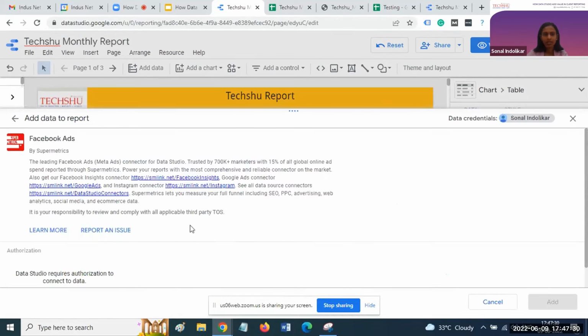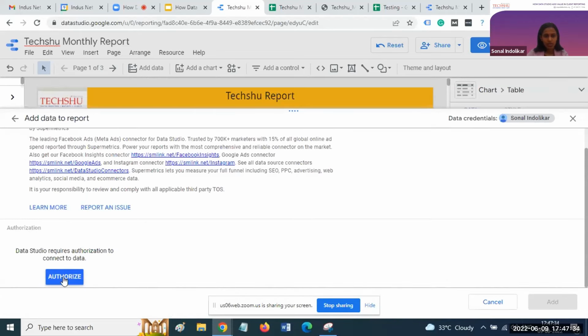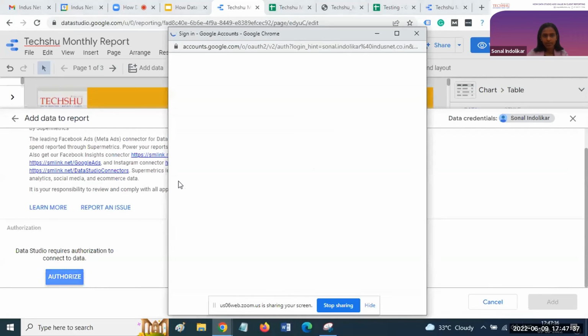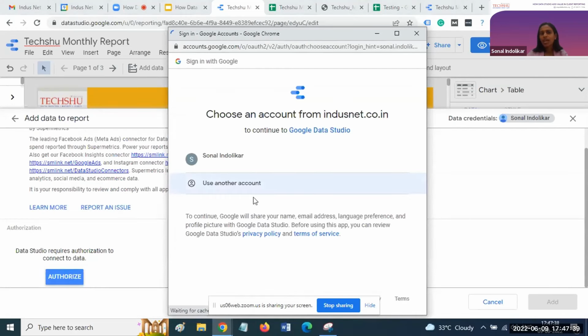When we click on this, they ask for the permission, everything. You should have access for that. I don't have access right now, Rohit, so it's not possible for me to connect right now. But when you authorize, and if you have Facebook related access, they will give you the paid option, and after it is selected, you can easily connect the Facebook data to Data Studio.